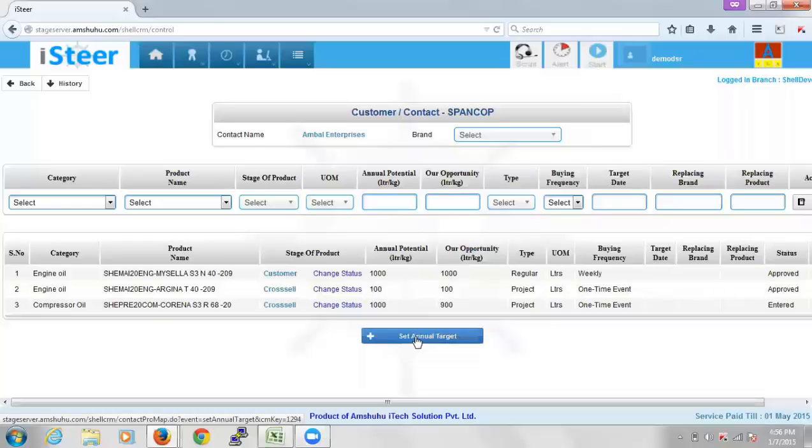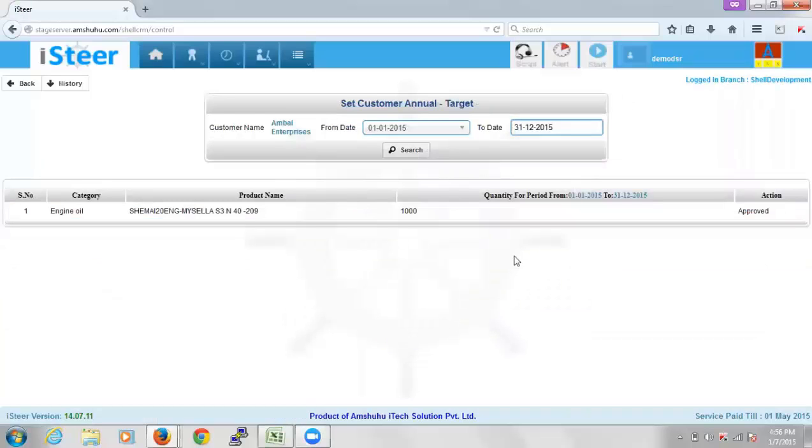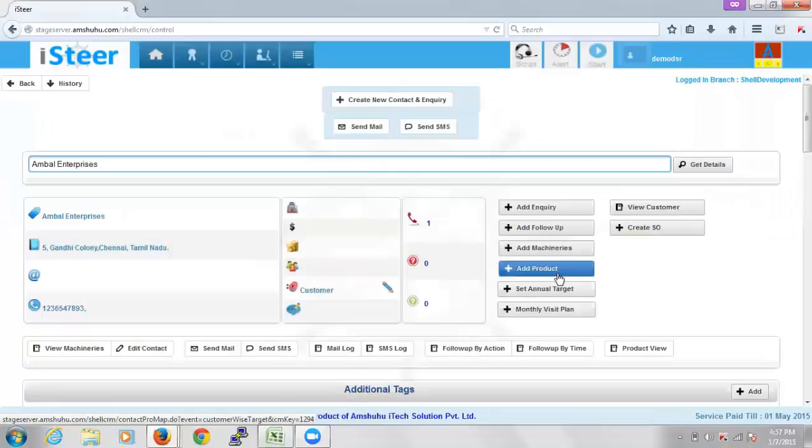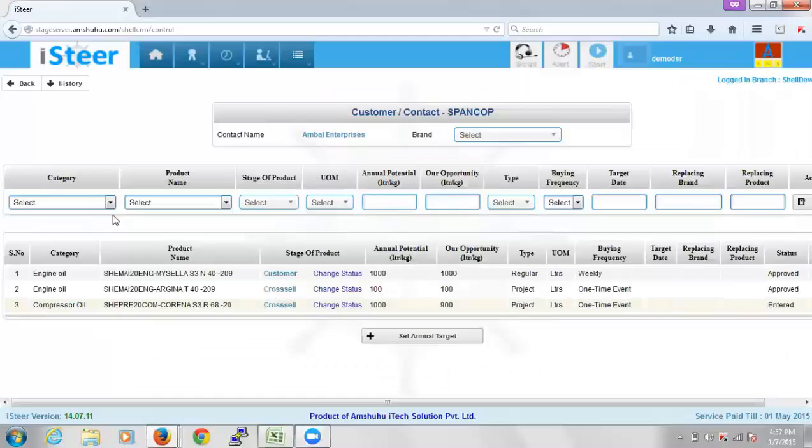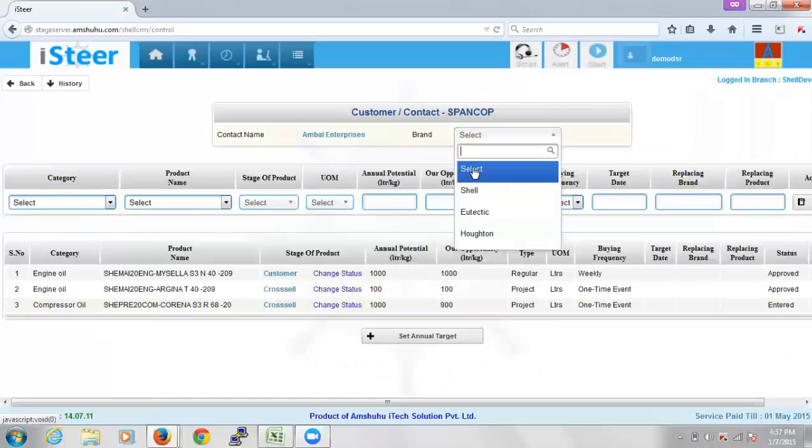So when we click on the set annual target button here, only the products with the customer status would be displayed here. And this is actually an editable field. I'll just show you one with the customer. Just adding one more for the customer.